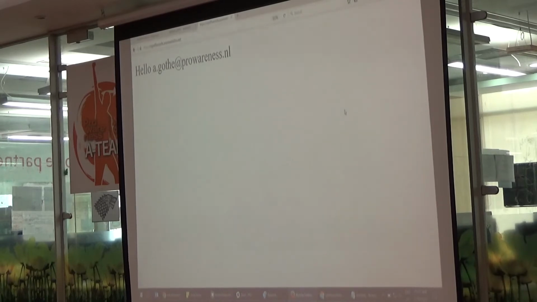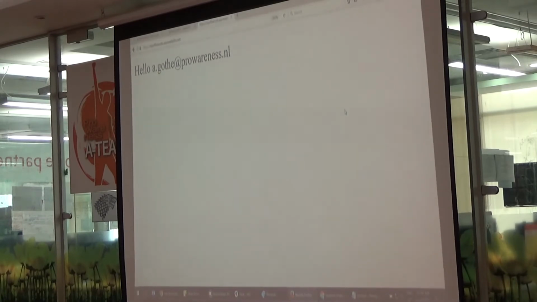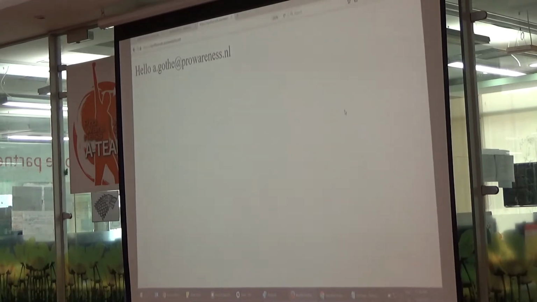Yeah, so it's that easy. Now you can of course code. Now you're sure this is the person who is logged in, and within ProAwareness we use this all the time. We have so many internal apps which we want to be accessible from outside, but I want to make sure only people who are supposed to see can see. And it just takes me 5 minutes to add this. So we just tell the developers, just make the app, bring it to us, we will host it in 5 minutes, and authentication is taken care of.